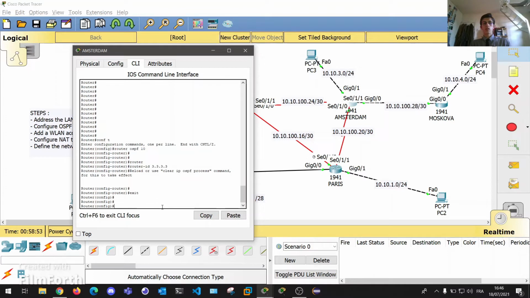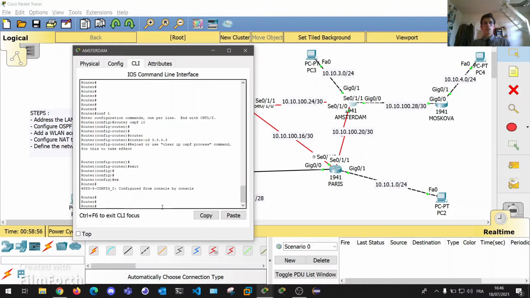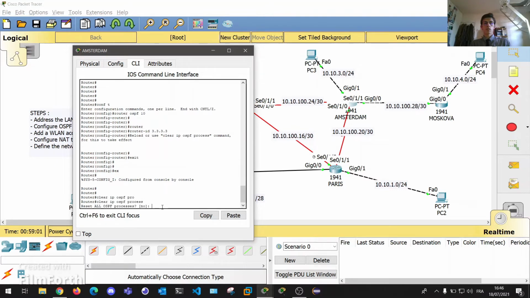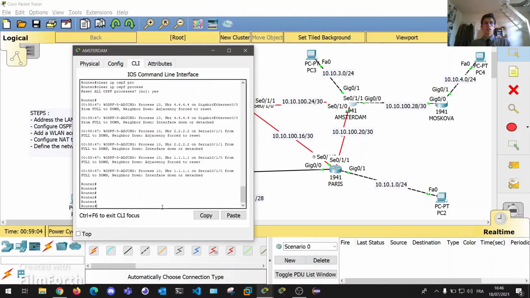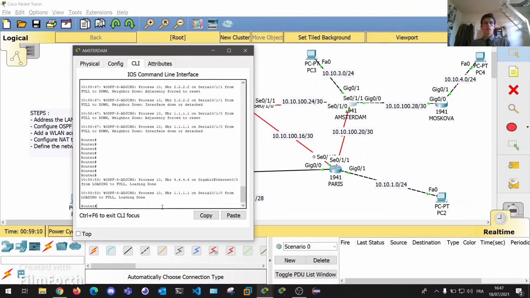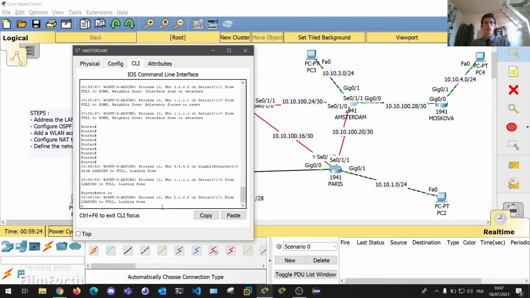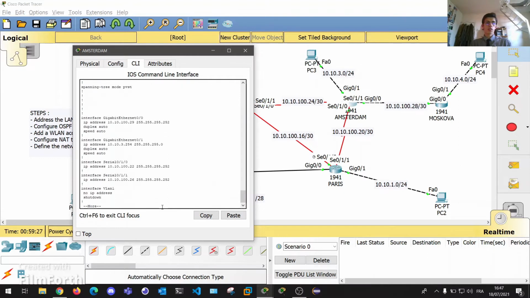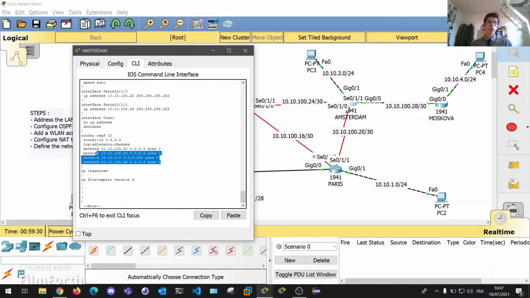So exit, exit, clear ip ospf process. Yes. And well, after some time, the OSPF connections are remade, and we can go in show run, yeah, to see the running config, and we can see we didn't break anything, and our configuration is still there,